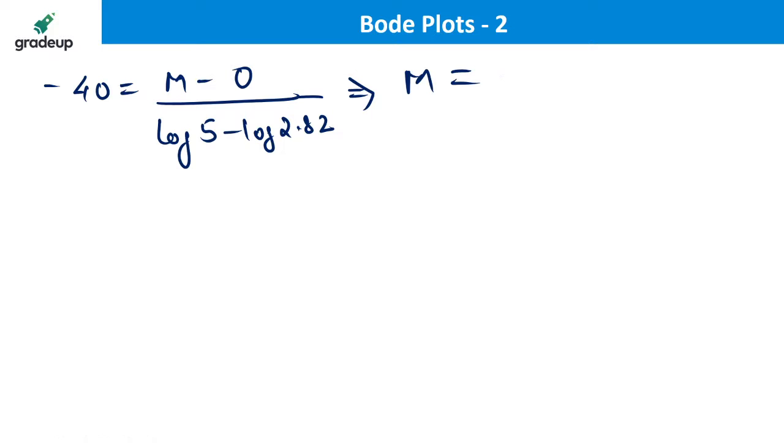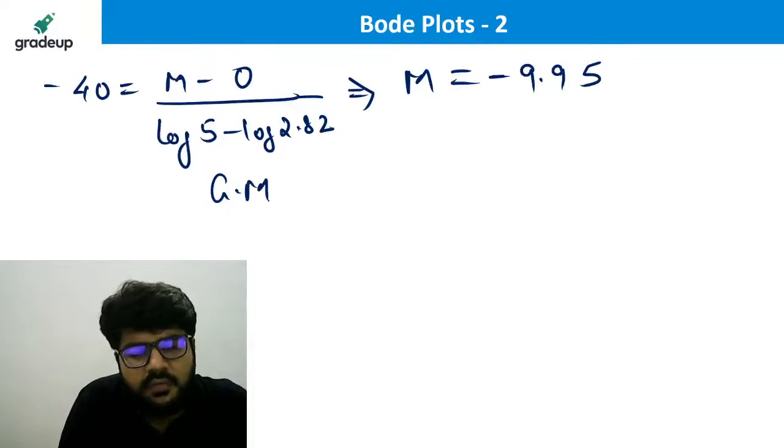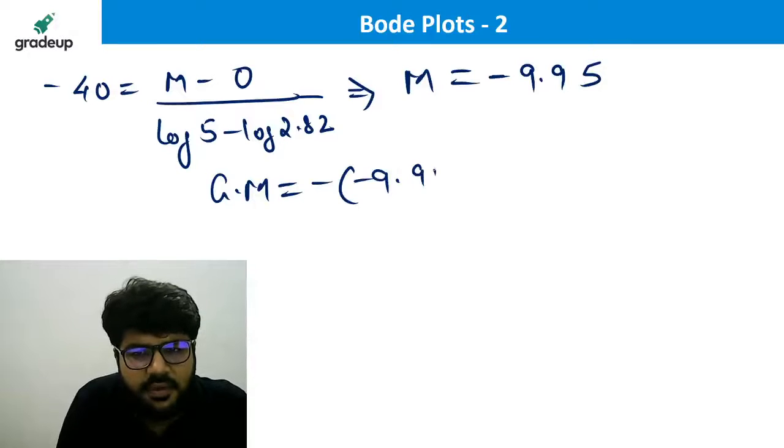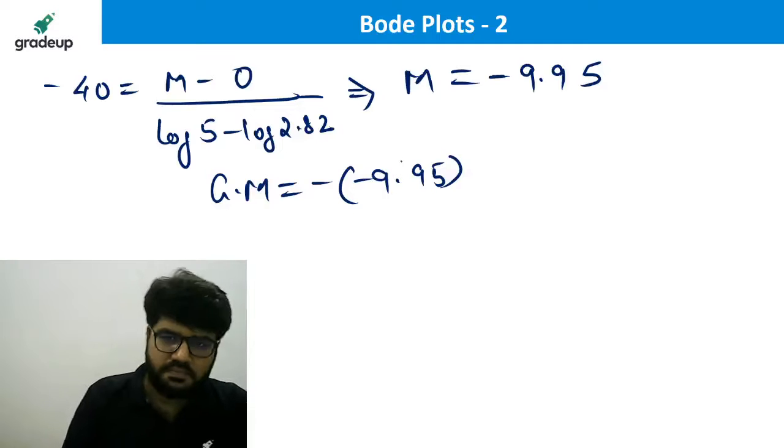Let us just try this. I am getting the magnitude as minus of 9.94, yeah, 9.95. Okay, so what is my gain margin then? This is negative of the reading obtained from the Bode plot. That is minus 9.95. Negative of this